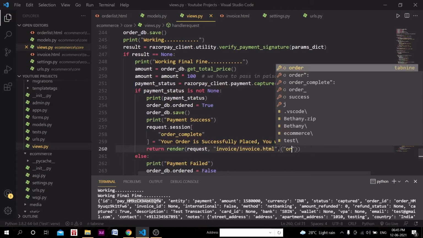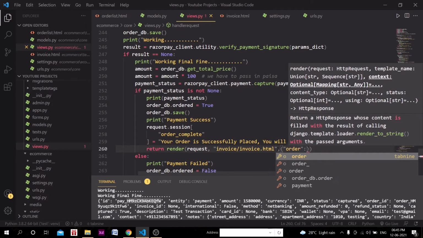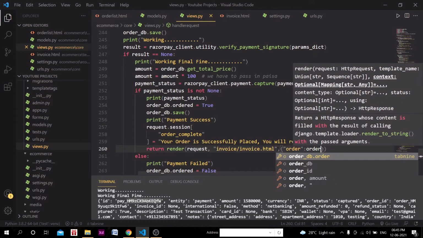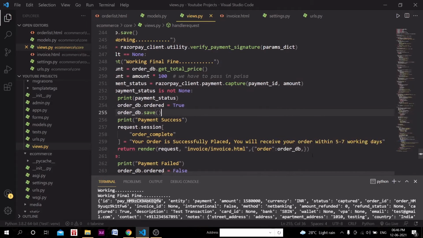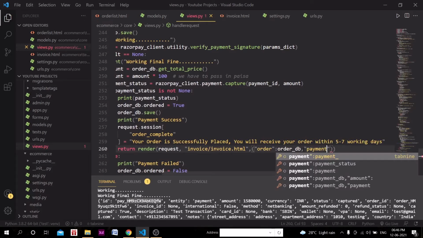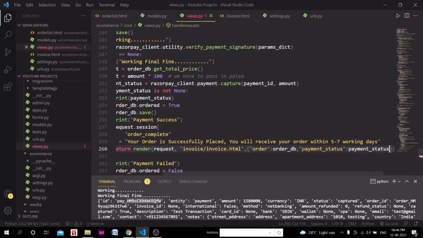So we will have order with order db, simple. We have that order db object, so we will simply pass it, and here we will pass the payment status, payment status with payment status.